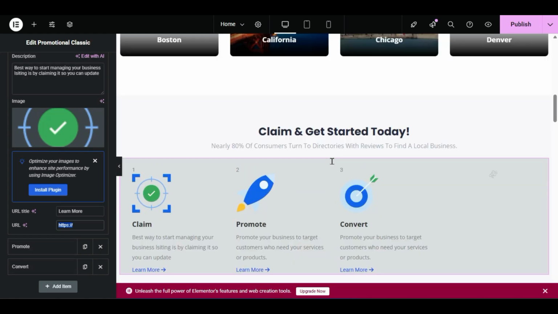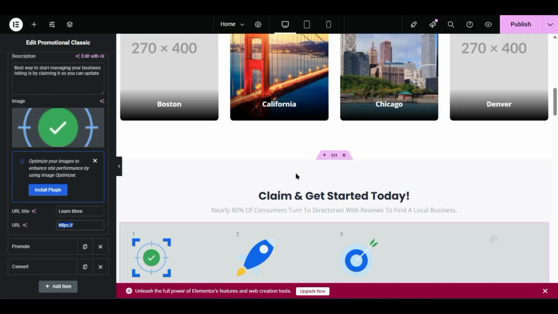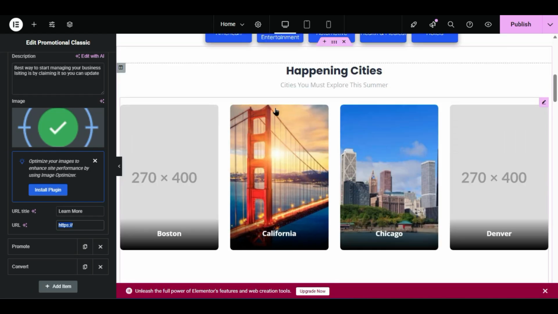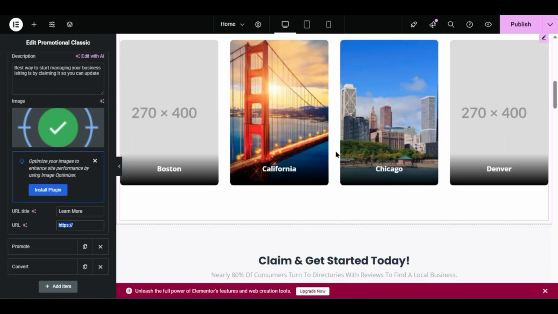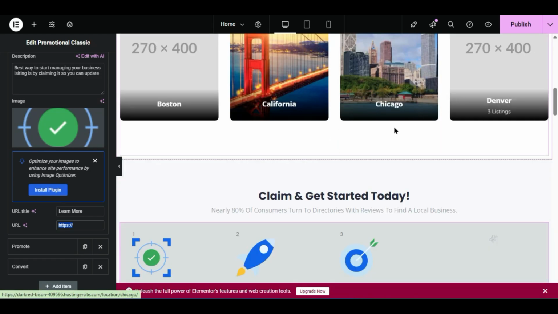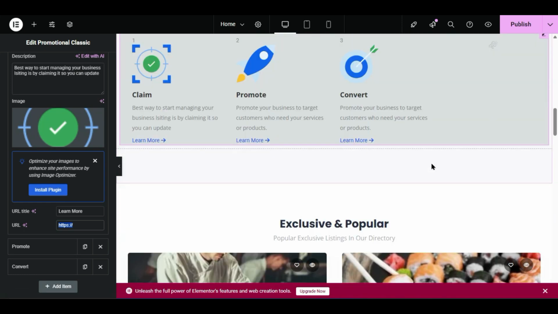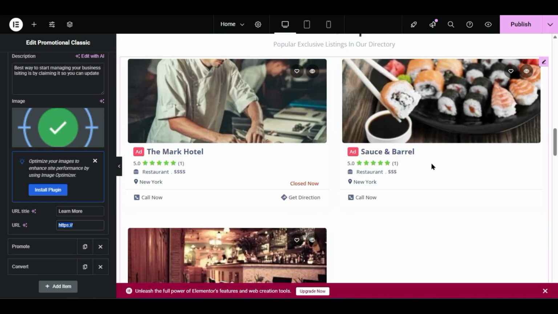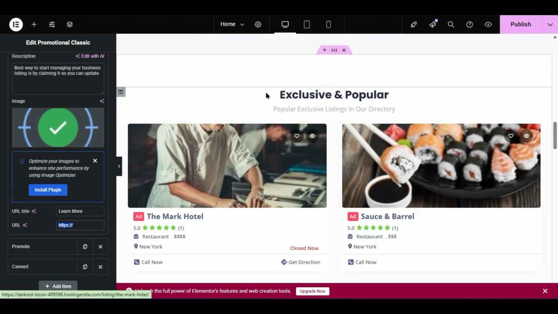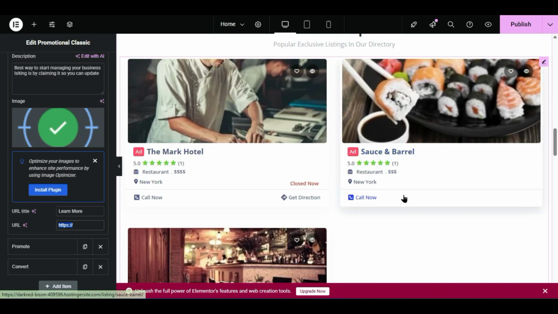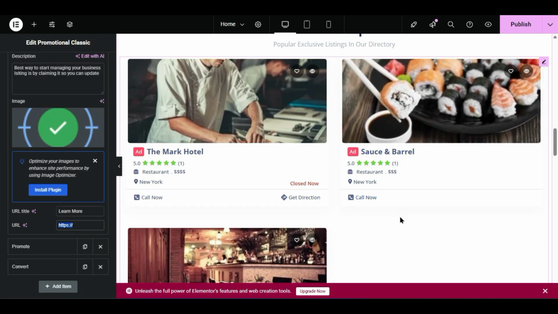For example, if you want to display some listing under the happening city, these are the regions or cities, but you want to make one more banner like this to display the listings. But we have this listing here, exclusive and popular. This only displays the ads. Okay, if I click here,